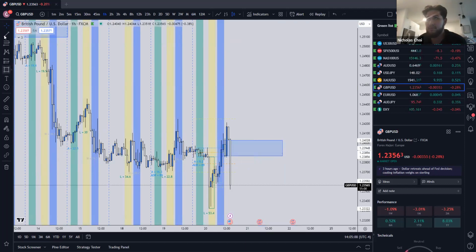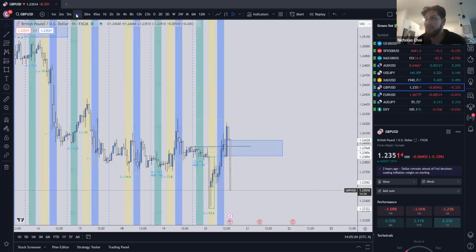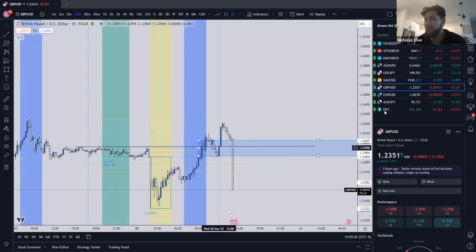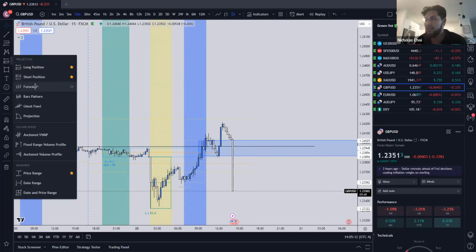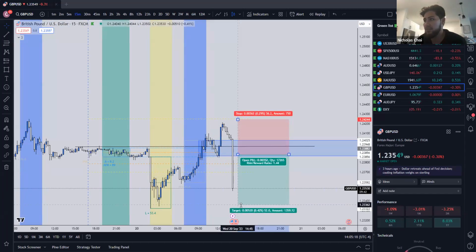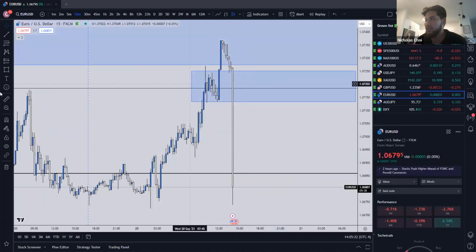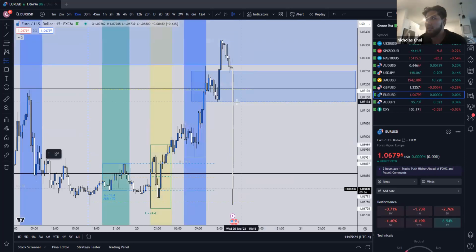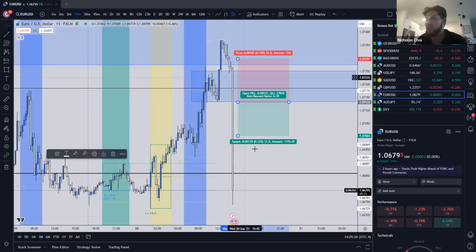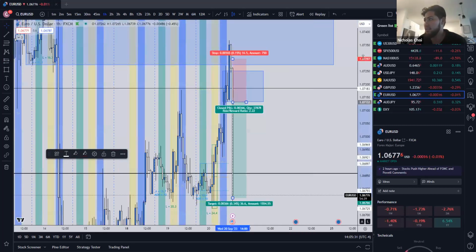Essentially the same setup. Quite literally the same setup. And I might even, yeah, that's perfect. Perfect setup right here. We'll be looking for ideally some type of retracement. If it does retrace, if it doesn't, we live to see another day. This goes into the journal as a good trade idea. And I think this thing is gone.